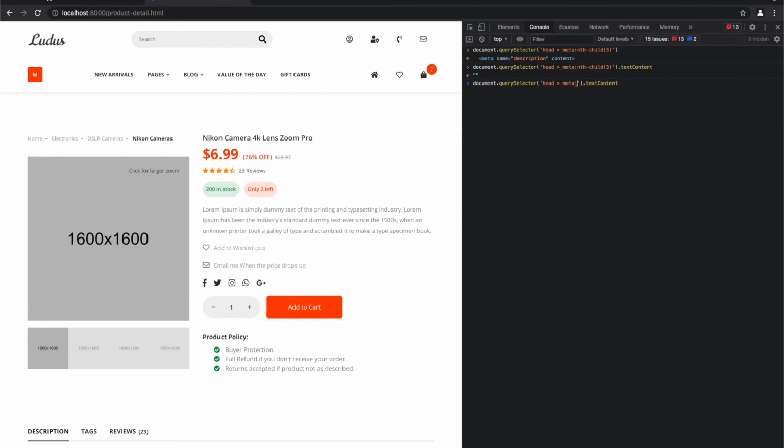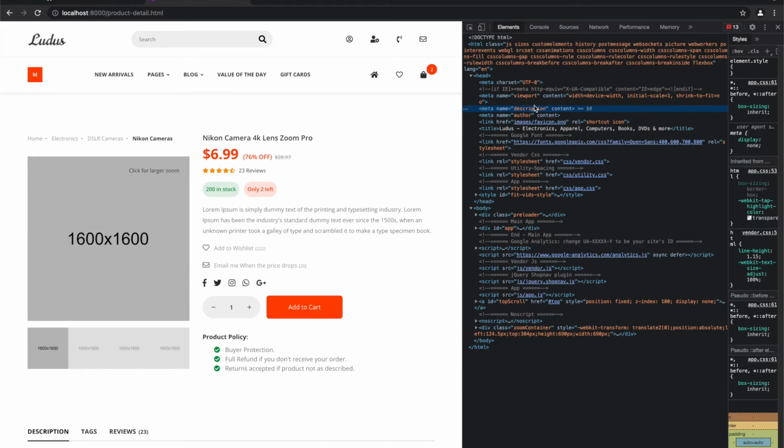So we can just say name description. Just have to make sure that all the syntax is proper, and then we have the description here. If we delete text content, you'll see that we have the same result as here, but for scraping this is better because this is time proof. So this will always work as long as the meta name is description.